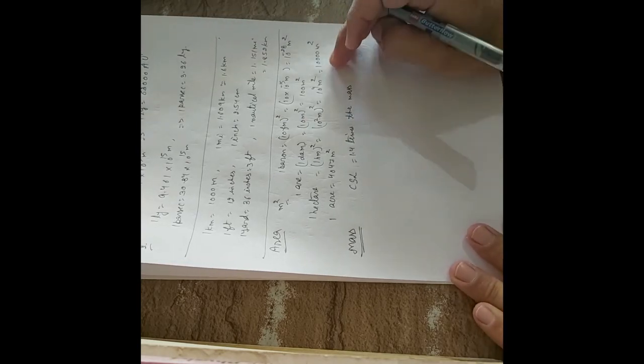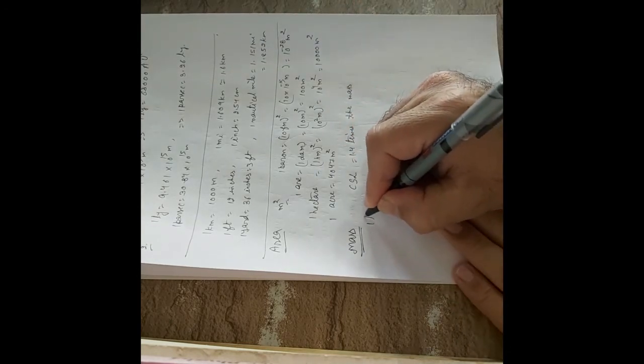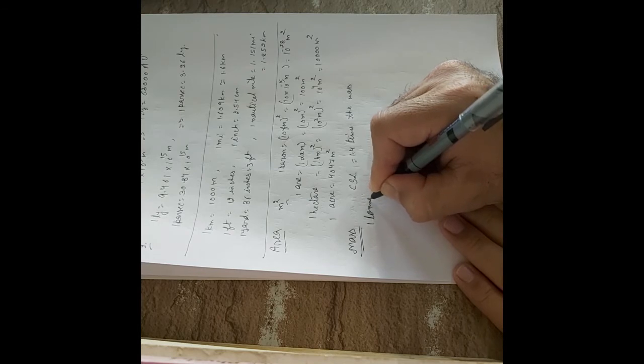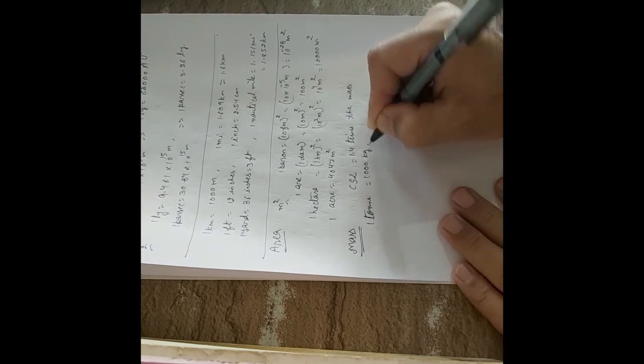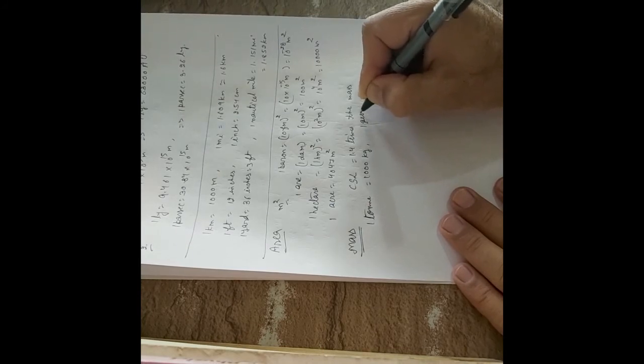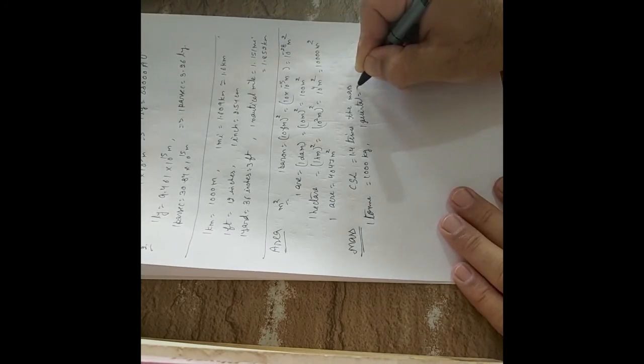Now after that, you have heard of masses like 1 ton, it is 1000 kilogram. You have heard 1 quintal, how much is this? This is 100 kilogram. 1 man, 40 kilogram. 1 dhadi, 5 kilogram.